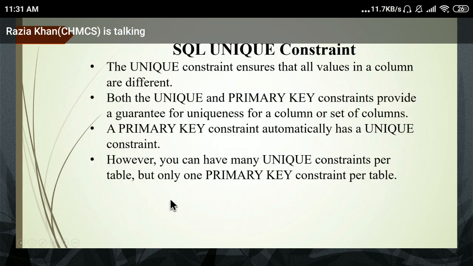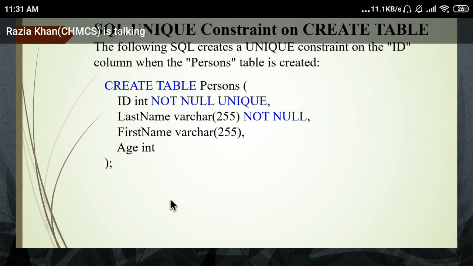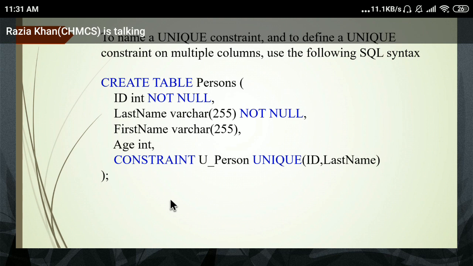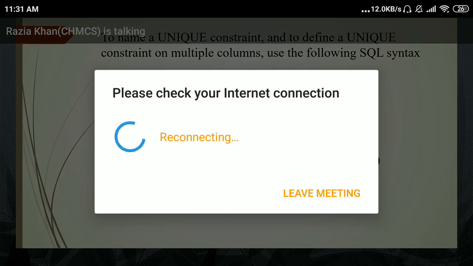So if you want to change the existing constraint to a new constraint, you can just use the modify keyword. Or if you want to add the constraint for the first time, you can just use the add keyword. So add primary key, this is the second way, add primary key and write down in brackets the column name on which you have to apply the primary key.